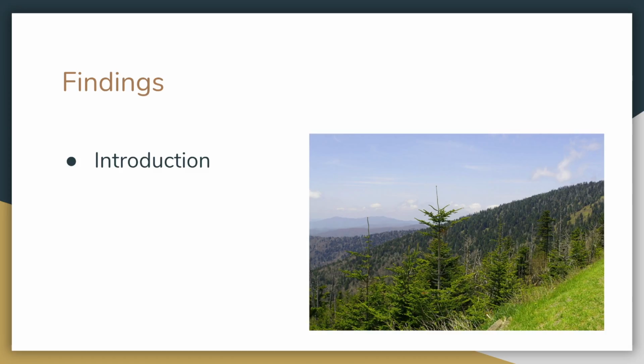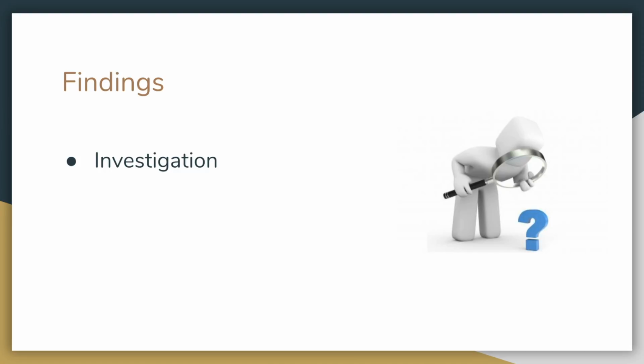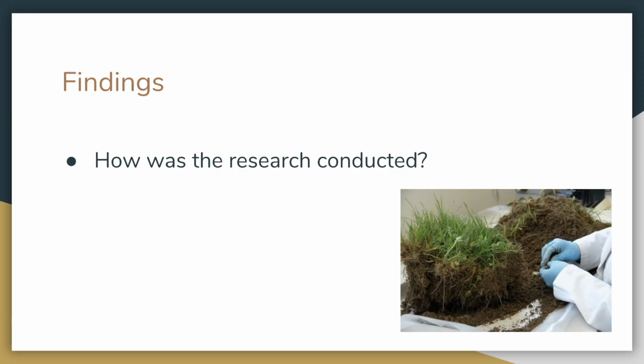So the introduction is where the background information is given, and occasionally the problem to why this even needed to be researched. It then moves on to the investigation, and this is clearly stated with a "we investigated," which is one of the cue words that is often used. The abstract then moves on to how the research was conducted, which is stated with another cue word, which is "we conducted."